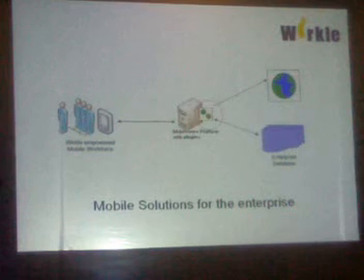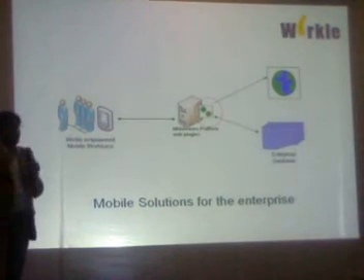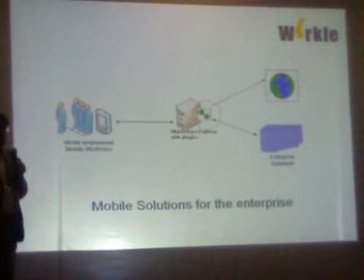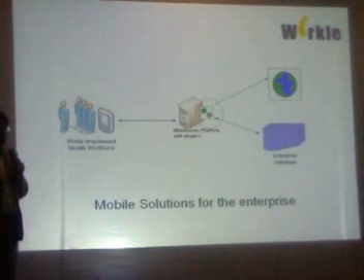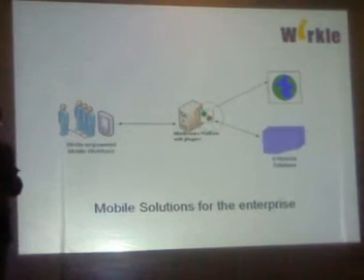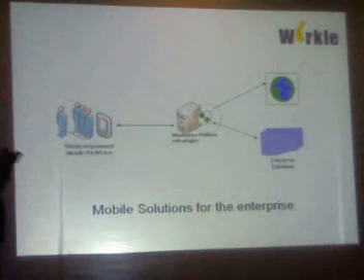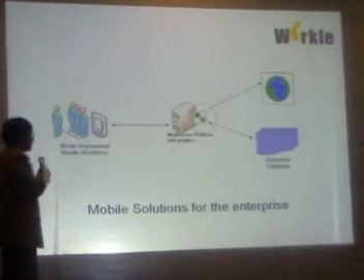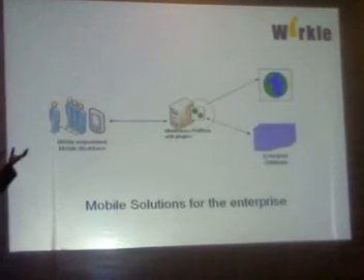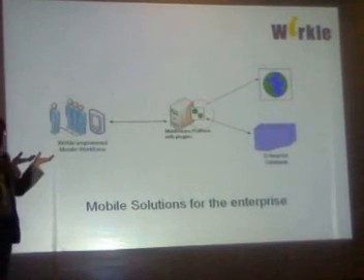So let's say the first time a user authenticates, his username and password will go to the server, and the server will determine what kind of user he is, and then it will send back the whole state of the user to the device, to the mobile phone. And so the mobile phone essentially just acts as more like a state keeper. You don't need to develop anything on the mobile.